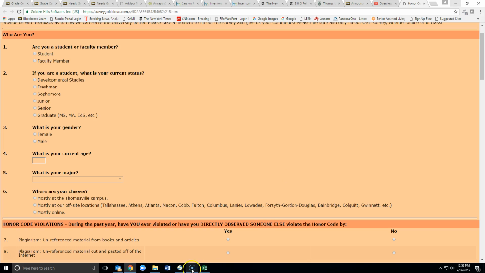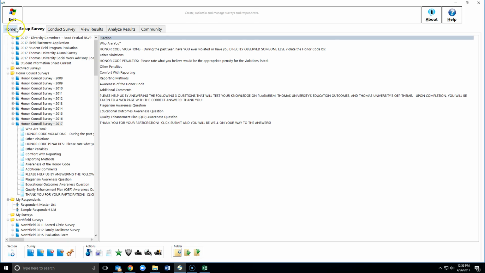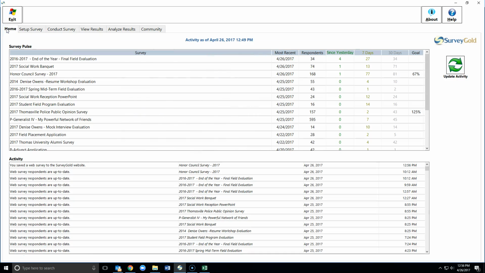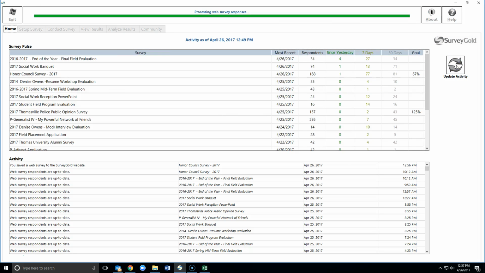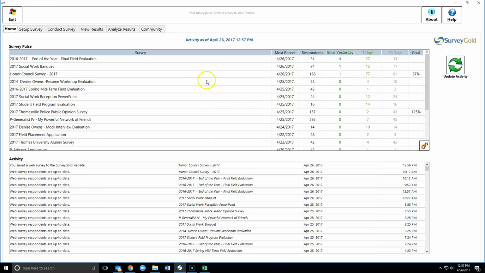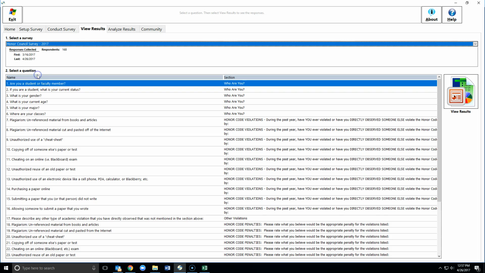Every time a survey comes in, Survey Gold, in fact, you can set it for as often as you want. I think mine goes every half an hour, and it goes to the cloud, and it collects the surveys that have been done within the last 30 minutes or something like that. It downloads those surveys. And so if I was going to look at the Honor Council survey,